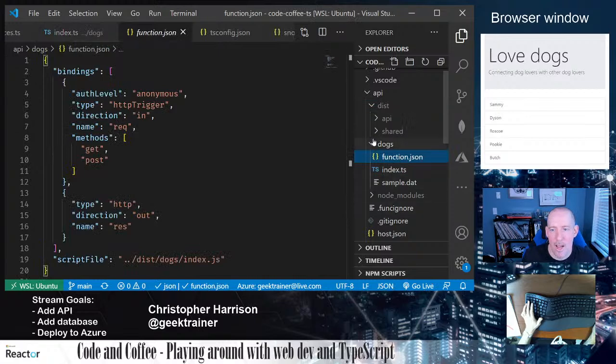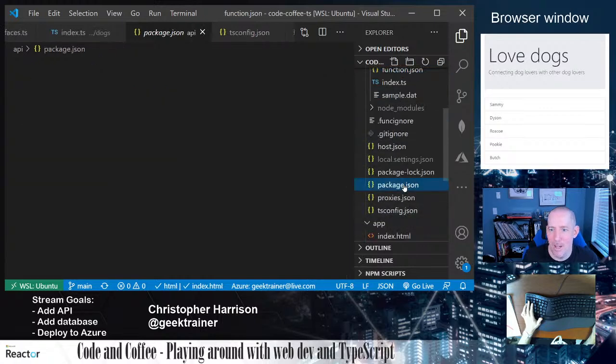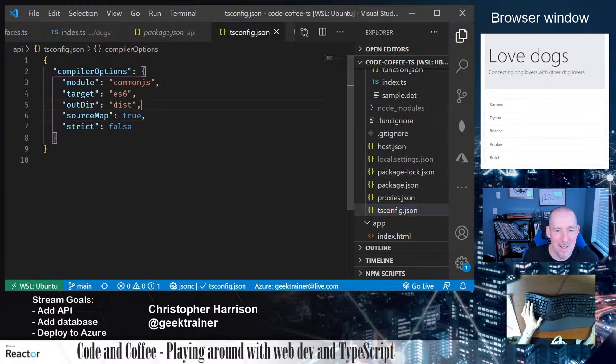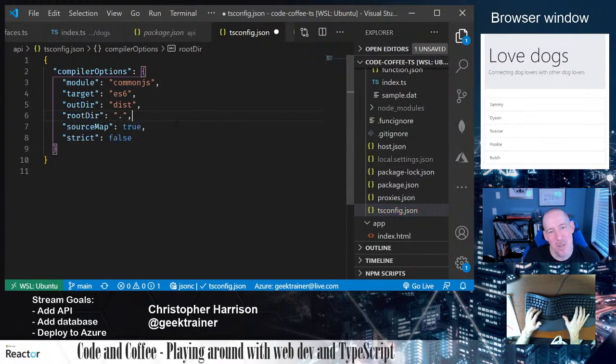Oh, that's funny. I think I know what my problem is. Remember when I got rid of that root directory? And I said, I don't think I'm going to need it. I think this is now what's coming back to bite me here. Okay, so let's add this back in. So my root directory of dot, and then